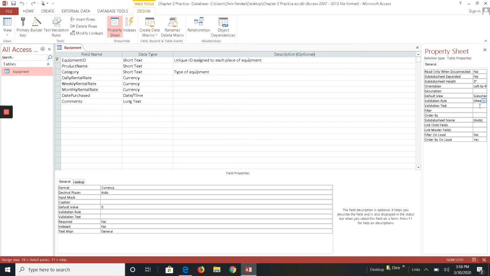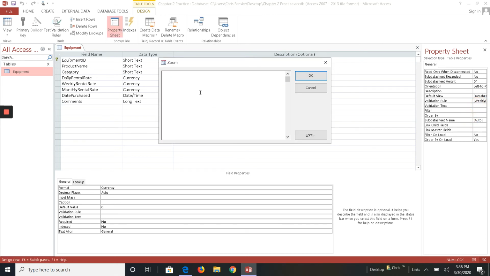And then we do have validation text, which shows us, and then we can zoom in on this one. I did that by right-clicking. Okay, and I'm going to type in the weekly rate must be greater than the daily rate, and the monthly rate must be greater than the weekly rate. And that'll be the pop-up if we make a mistake. So when I test this,